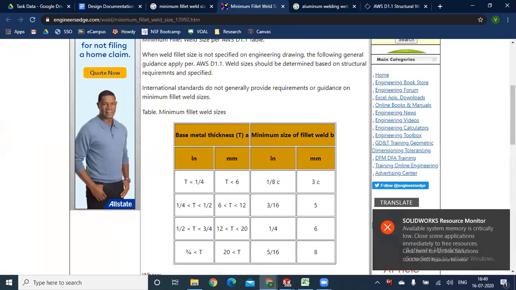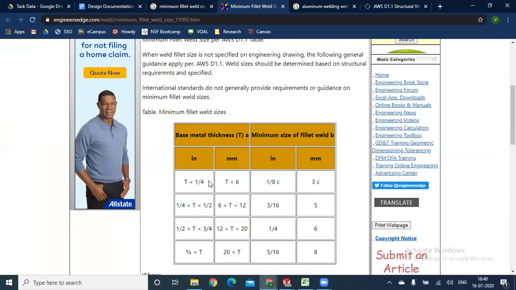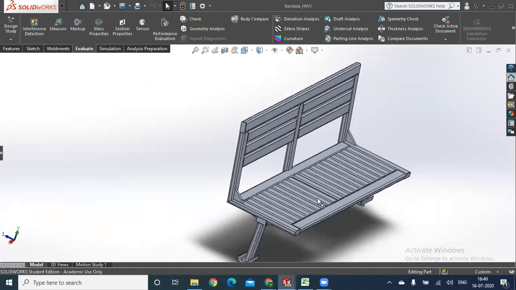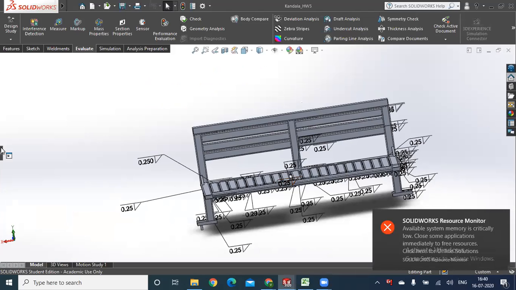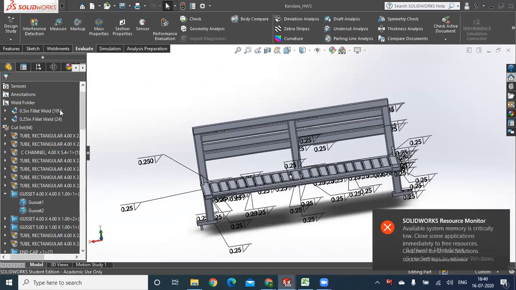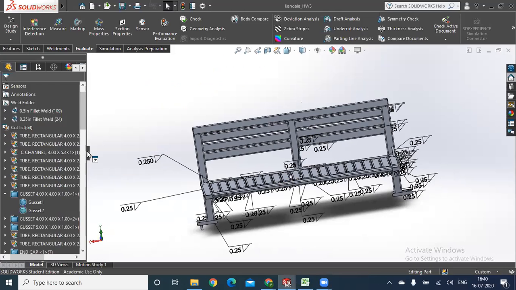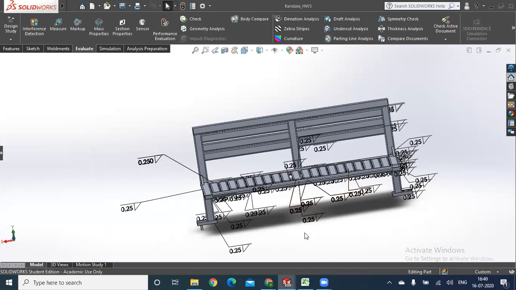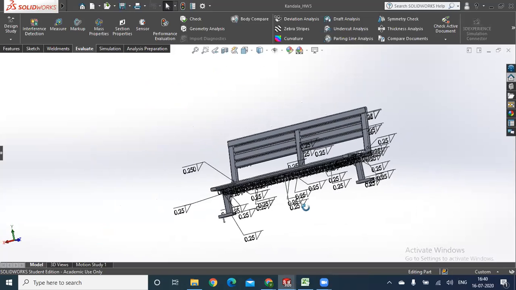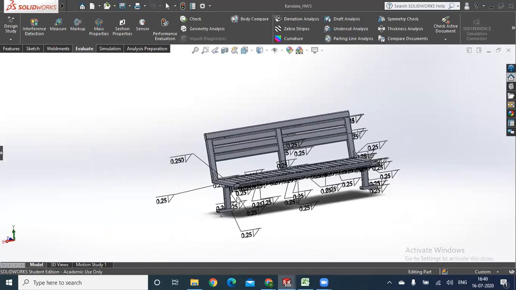which I went through at a later time, I see that I should have used probably a 1/8 inch weld, which I could go ahead and change. But if you observe here, there are more than 125 welds that I've put on this. It took a lot of time, and I really don't think it's feasible or it adds any value for me to go ahead and change every weld to 1/8 inch, because I already know that that's the case. I am going to mention that in the report that I submit, but also I'm just mentioning it here. So that's about the welds.